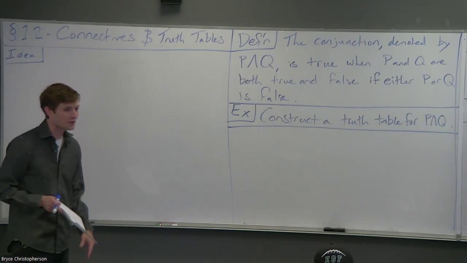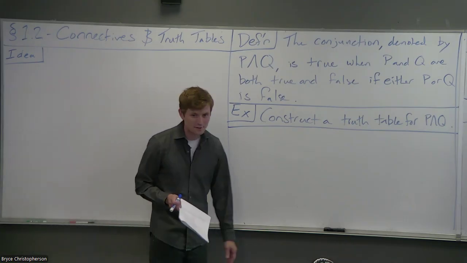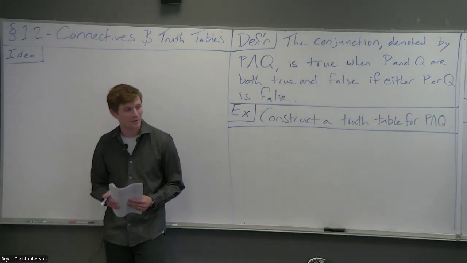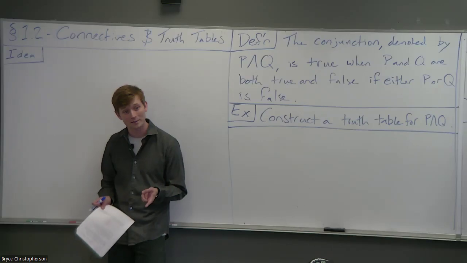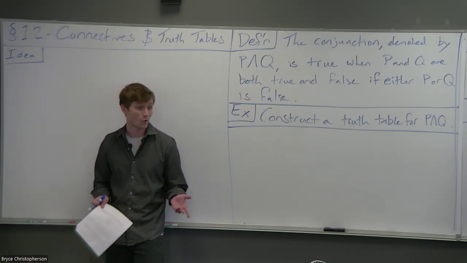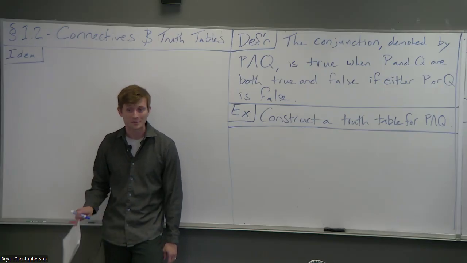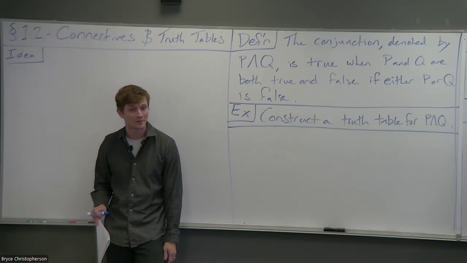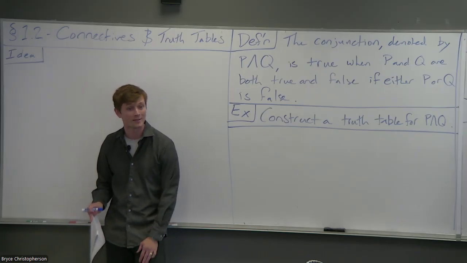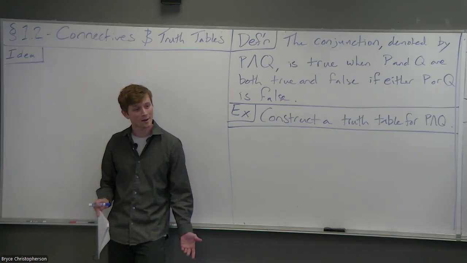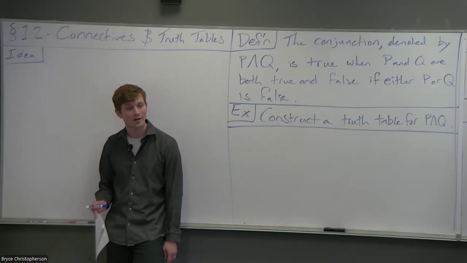Last time we started talking about propositions. A proposition is a statement that is unambiguously true or false. You don't necessarily have to know which one it is. You just have to know that it has to be one or the other. There were some instances we found of propositions last time, some instances we found of things that weren't propositions that might seem like propositions, and some where it became kind of difficult to tell.